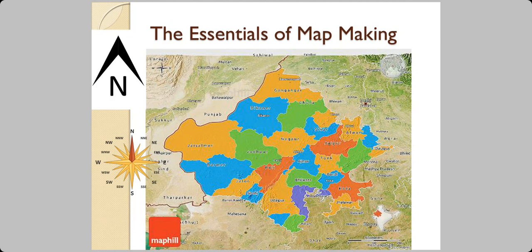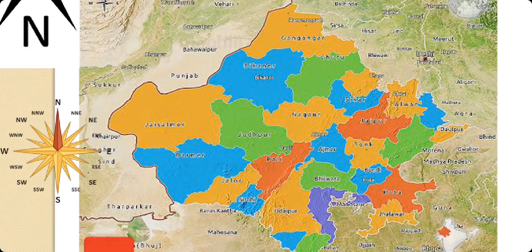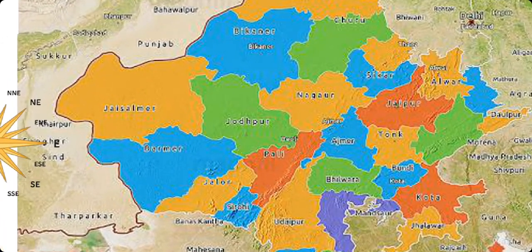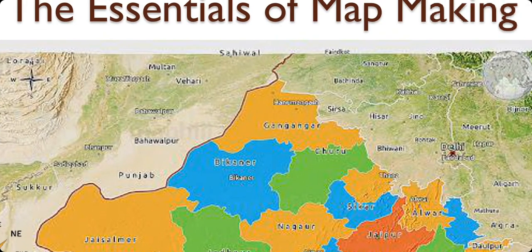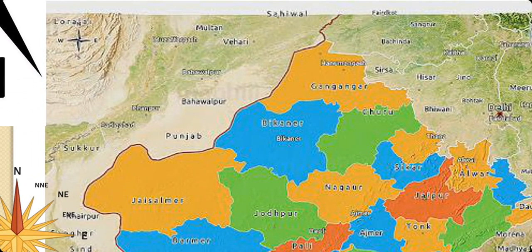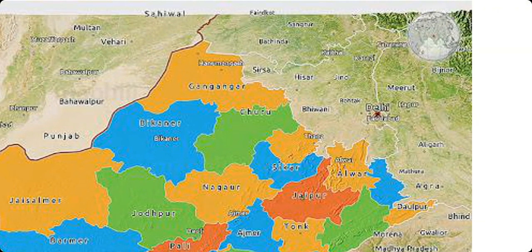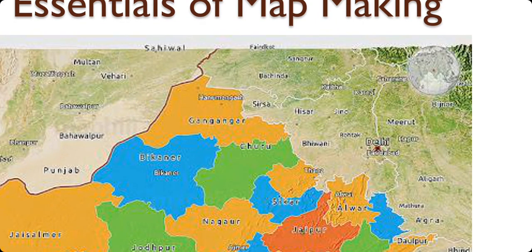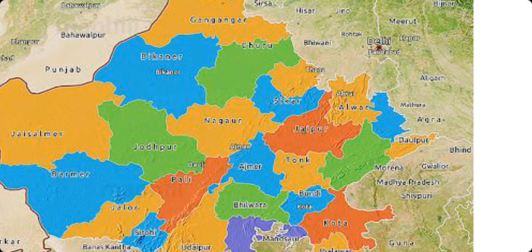Now, this is the map of the state of Rajasthan, and you'll notice the different colors by which the different districts have been shown. The names are there of all the districts. Then you also have the neighboring country, Pakistan, and there's a thick brown colored line which is demarcating, acting as a boundary. Then you also have different towns in India itself, different cities, but the state boundaries are in white colored thin line.